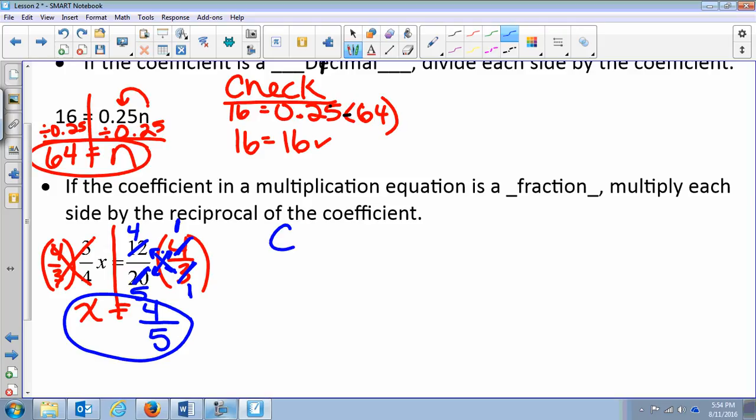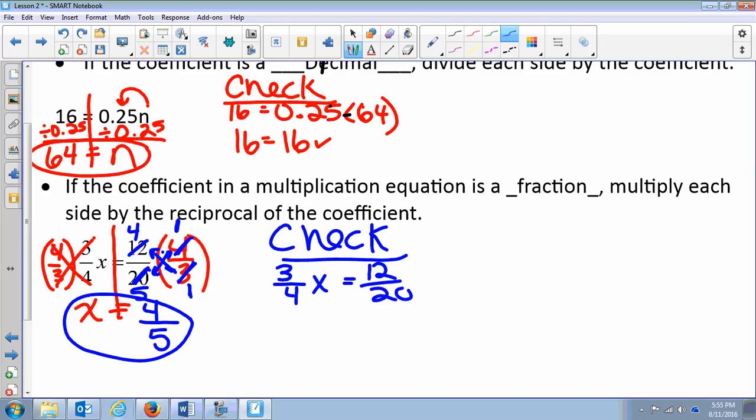If you wanted to check this, it's always a good idea. I always encourage students to check their work, because especially when you take a test or a quiz, this is the easiest thing that you can check and make sure you did it right. I'm going to rewrite my original problem. Wherever I see an x, I'm going to plug in what I got for x, which was my 4/5. So I'm going to have 3/4 times 4/5